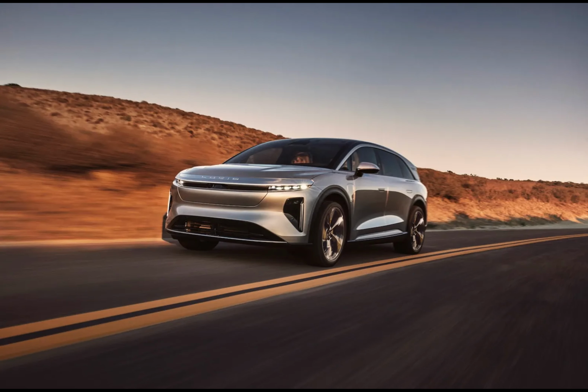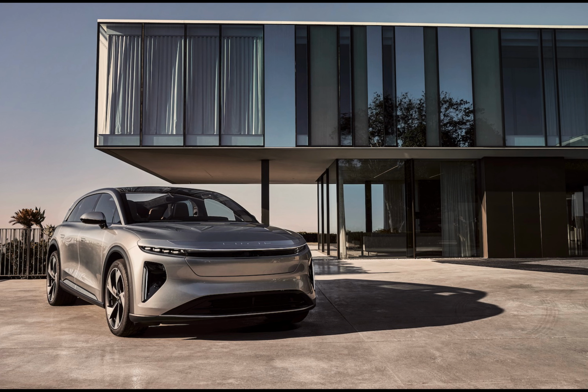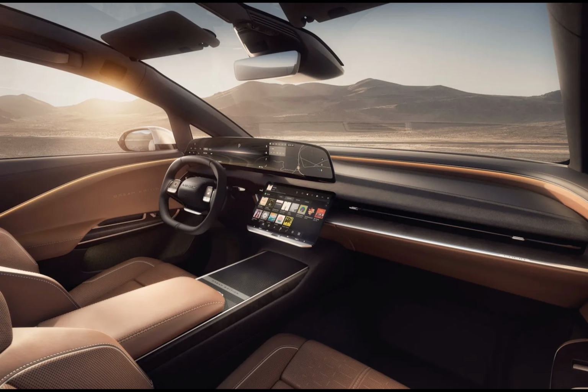But if the Gravity is anything like the Air, it could end up being one of the fastest electric cars out there. The Lucid Air Dream Edition currently sits only behind the Tesla Model S Plaid on the list of the fastest production cars. And sure, we don't expect the Lucid Gravity to save us from a lack of affordable electric SUVs. The Lucid Air starts at